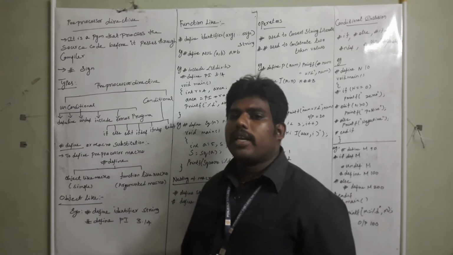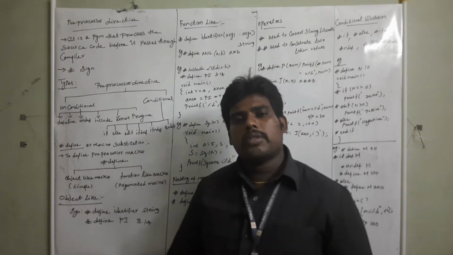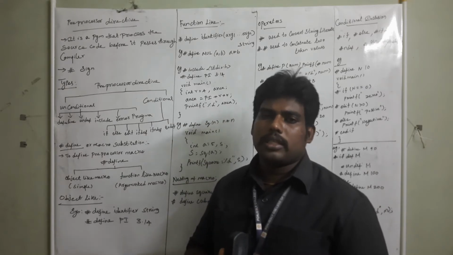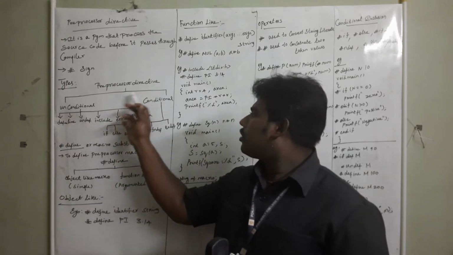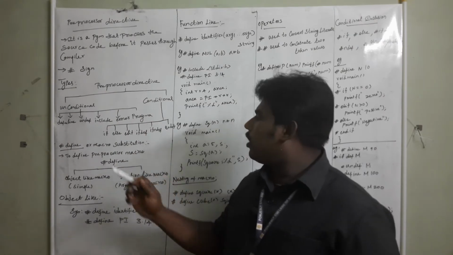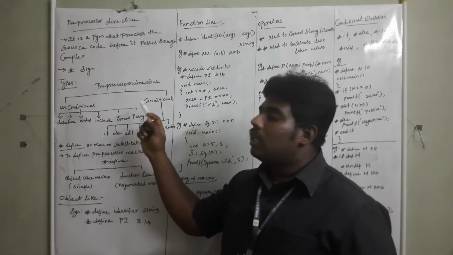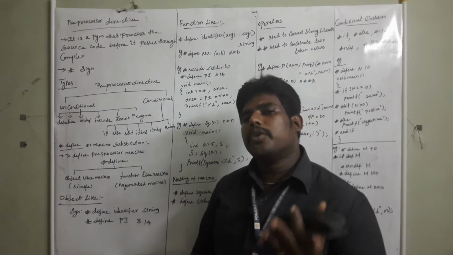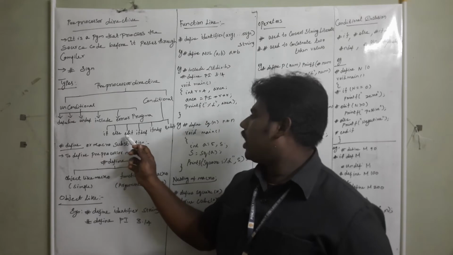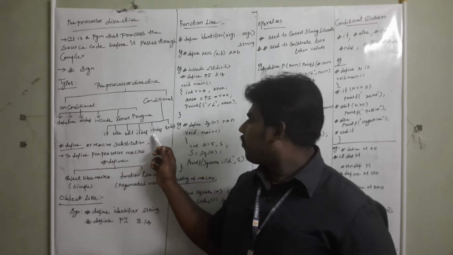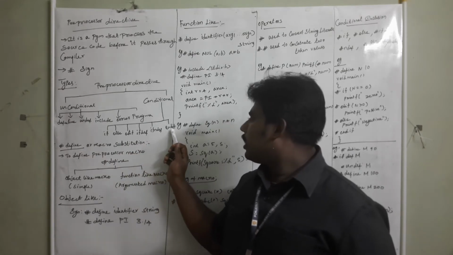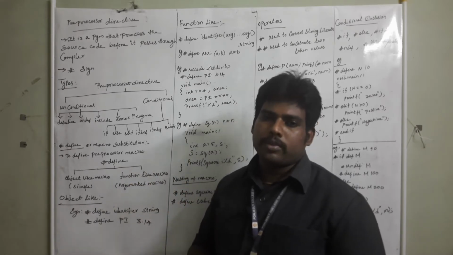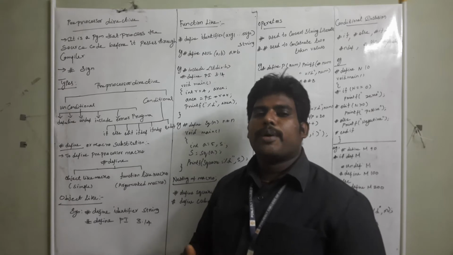There are various types of preprocessor directives, and I am going to explain a few in this session. Preprocessor directives are commonly divided into two types: one is conditional, another one is unconditional. You already learned conditional statements, the same thing: if, else if, ifdef, ifndef meaning not defined, then endif, then undef. These all come under the conditional directives.